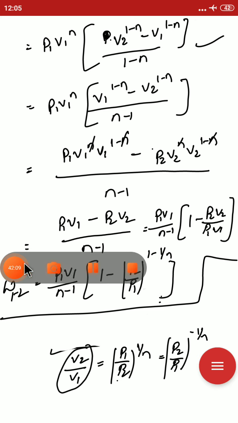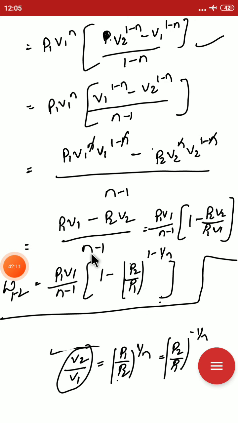Thank you. We covered all the topics: the path function and point function, and the second topic, work transfer. The basic mode of energy interaction between the system and surroundings is work transfer. We also discussed what the PdV work is in various quasi-static processes. In the next video, we will see the other types of work transfer. Thank you.